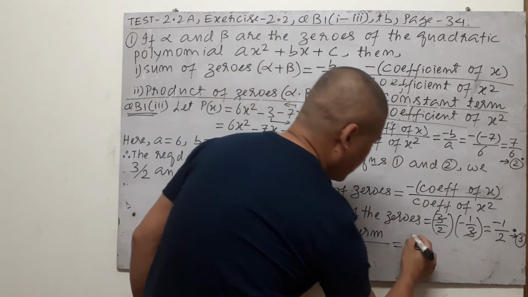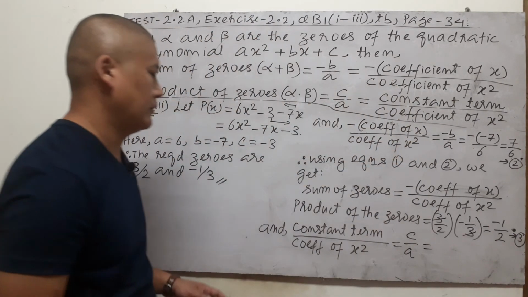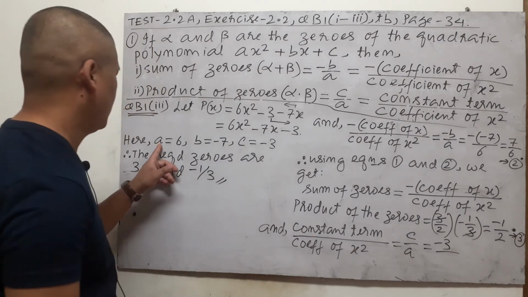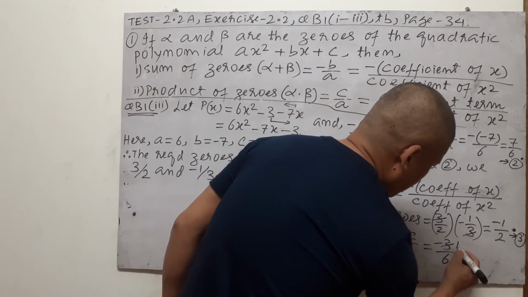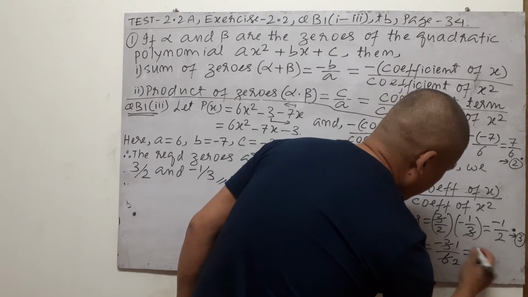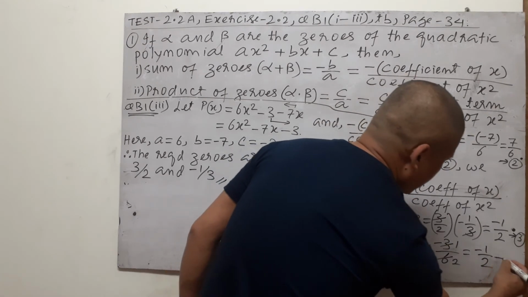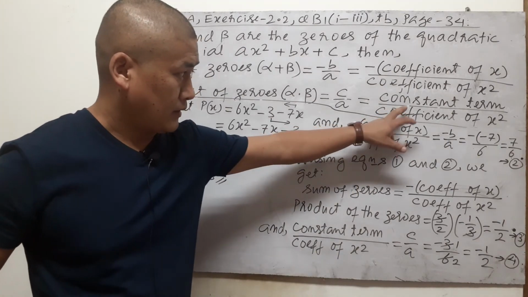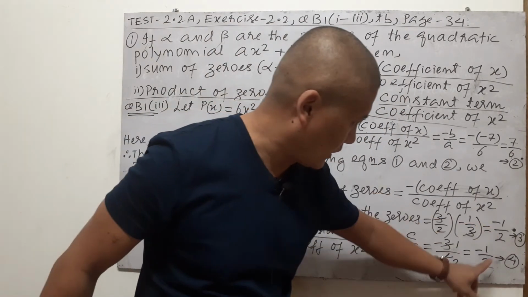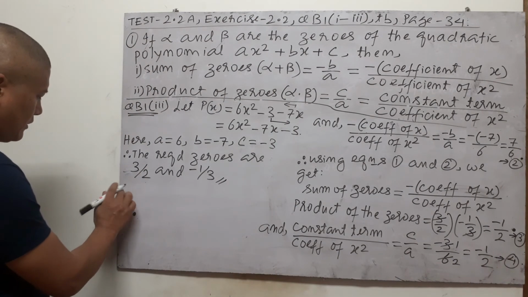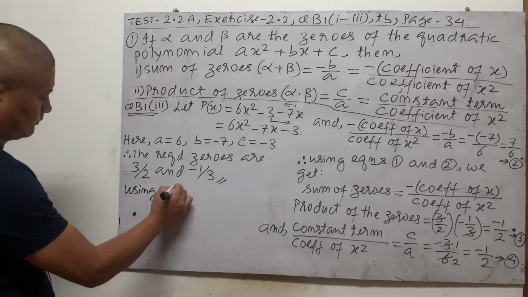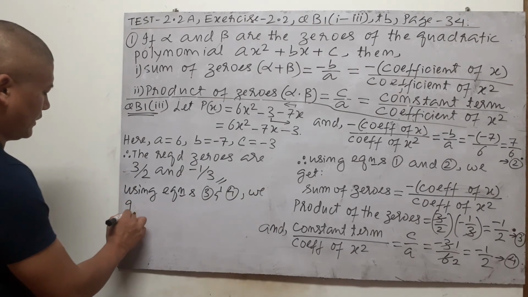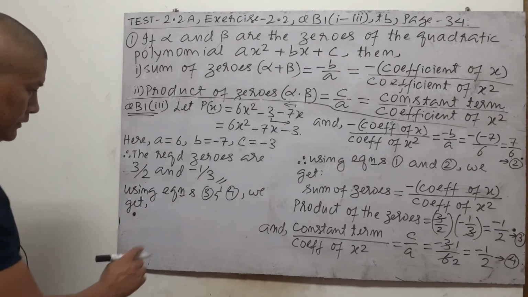This is equal to the formula c by a. So that will be c, the constant term, minus 3 divided by a, which is 6. So you write there 6, carefully, then 3 1s are 3, 3 2s are 6. So that is going to be minus 1 by 2. Let's put this as equation number 4. So in terms of product of zeros and its right side, constant term by coefficient of x square, they are equal, minus 1 by 2, minus 1 by 2. So you can finally write here, using equations 3 and 4, we get